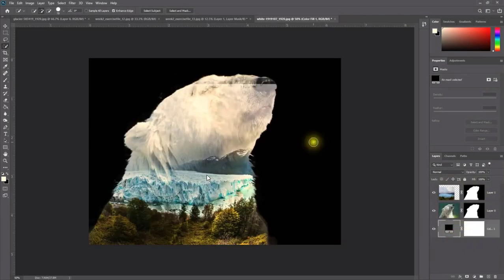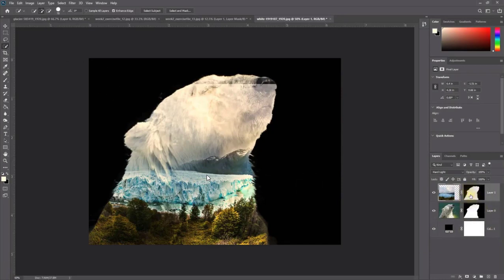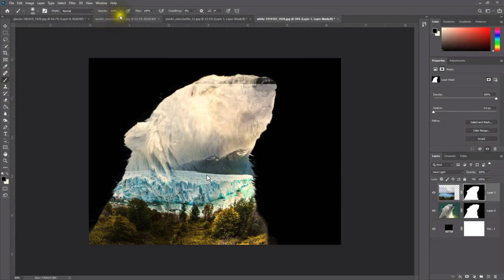We want to make a new layer. There we go. And then we can come back up to our previous layer mask, and we can start to paint away and refine things a little bit. I'm going to reduce the opacity down a little bit there, paint in over that, and just blend things nicely. Okay, so as you can see, you can create kind of statements with your double exposures, and I'm